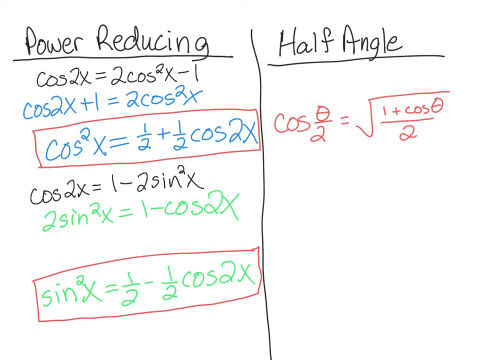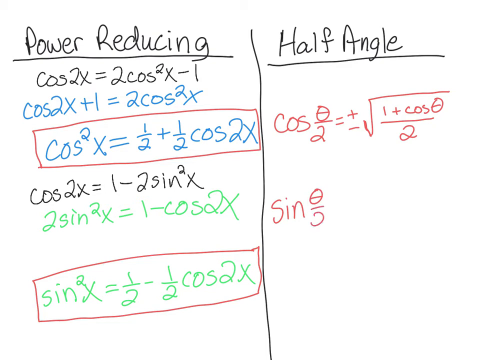Okay, now you need to remember from all of your algebra and pre-calculus classes that anytime you take the square root of something, you have to say plus or minus, right? So don't forget that still has a job to do. You have to figure out whatever this angle was, what quadrant is half of that angle going to be? And that'll tell you whether the cosine is positive or negative, okay? So it could be either one. Do the same thing for the sine of theta